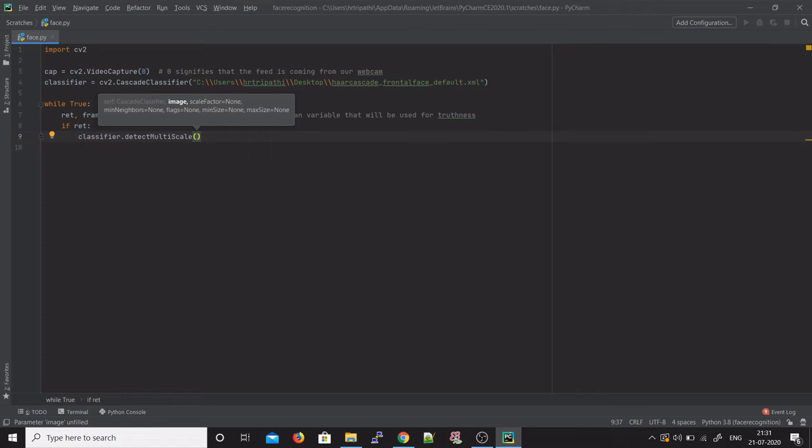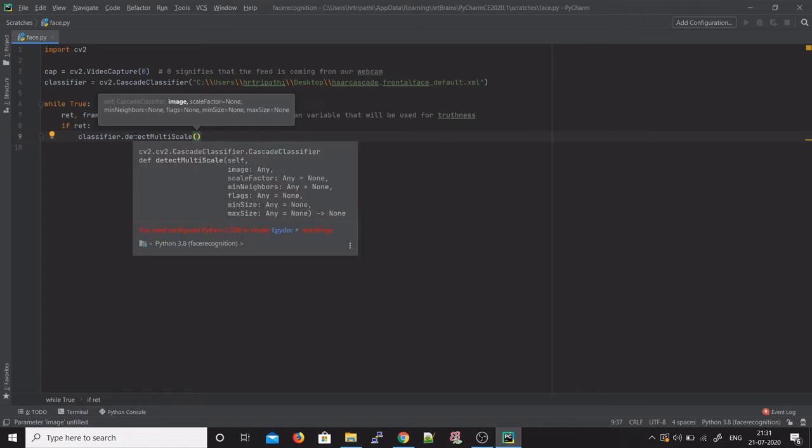Say you got 4 people in one frame. This detectMultiScale function takes all the faces from that frame and gives an output as a list. If you're familiar with Python, you should be familiar with lists. If you are not, I would advise you to just Google the definition. It's not that difficult.